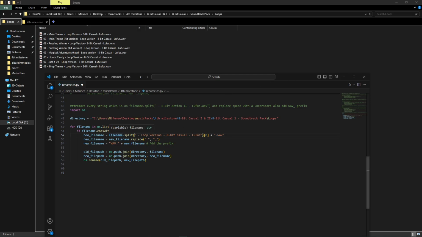It will check if my file format ends with .wav format or not. Then it will replace our space with an underscore. Then it will add a prefix, wav underscore, to each of these files. Okay, if I run it,